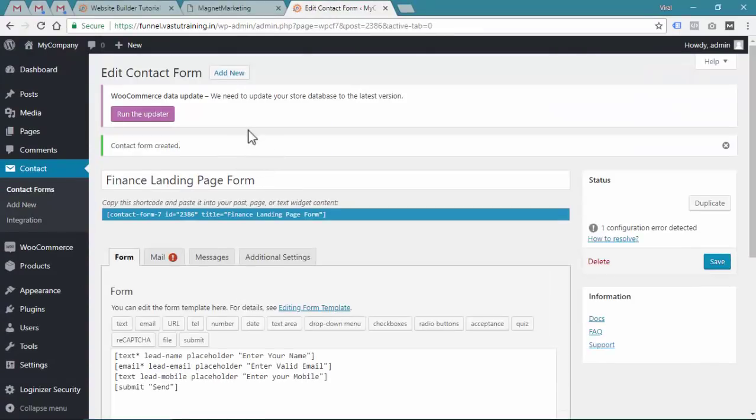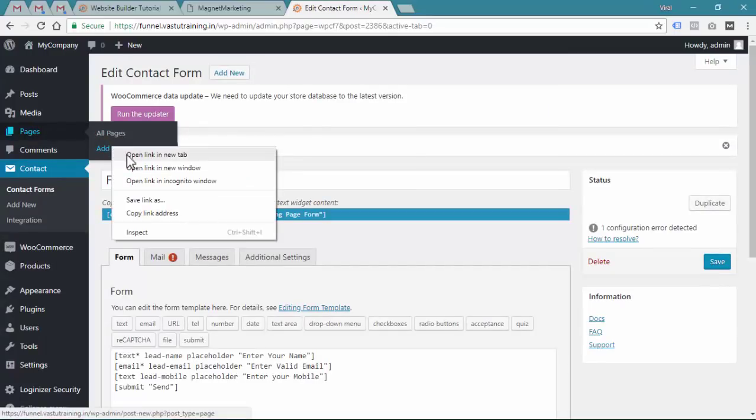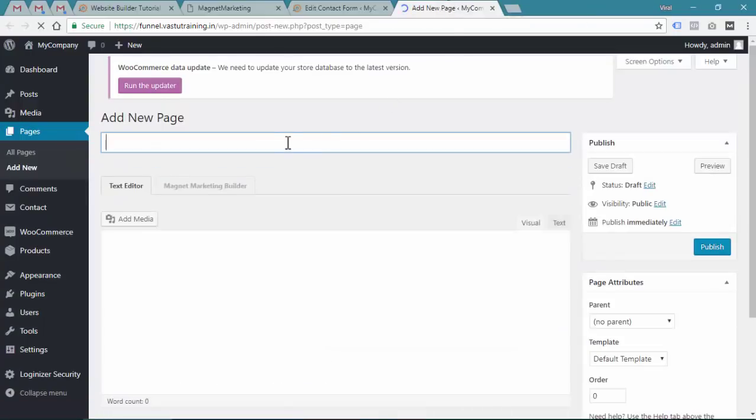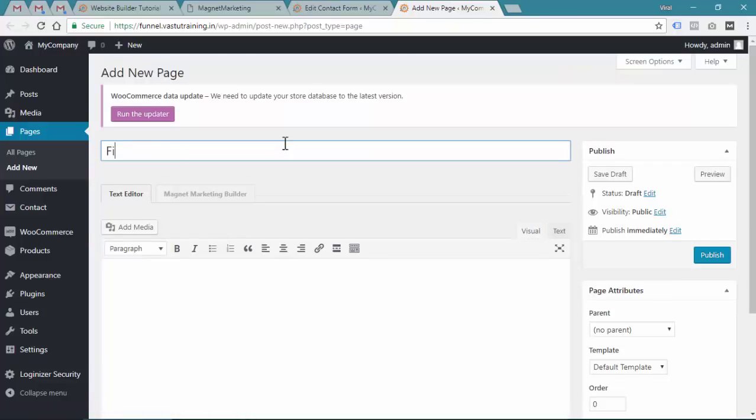So once you make these changes, you just need to click save. So our form is saved. Now let's go to pages and let's add a new page so that we can integrate this form, and the name of the form is finance landing page form. So now let's create a new page, that is